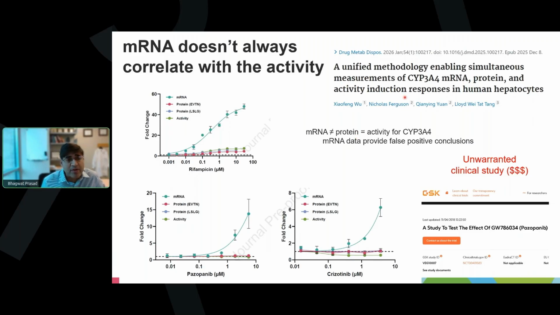This example in particular is just showing in primary human hepatocytes how protein expression changes in relation to mRNA expression changes. And as you can clearly see here, mRNA is very sensitive. You will see changes happening within 24 hours. However, the protein differences are not evident in this particular case. So it's really important that when you're using this in vitro model, it should have the protein expression of the drug metabolizing enzymes or transporter or drug receptor for a particular context of use.